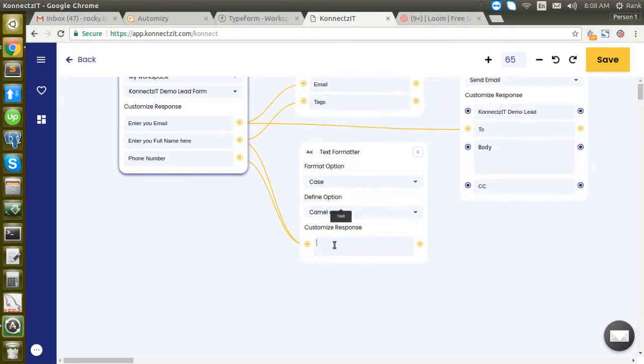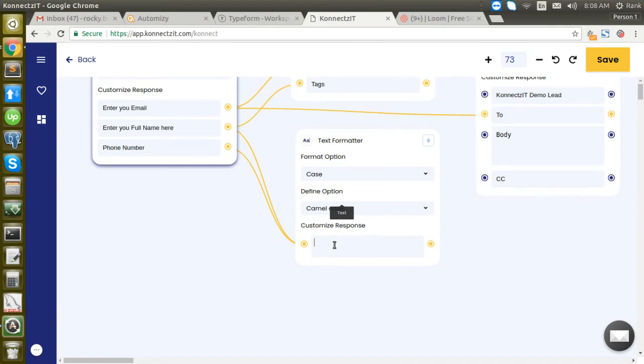I can just type the content of the email, basically a body of an email. You have to use @ to select the attributes which you got from your trigger. Basically here it is Typeform, full name, and I will enter thanks Connexit.